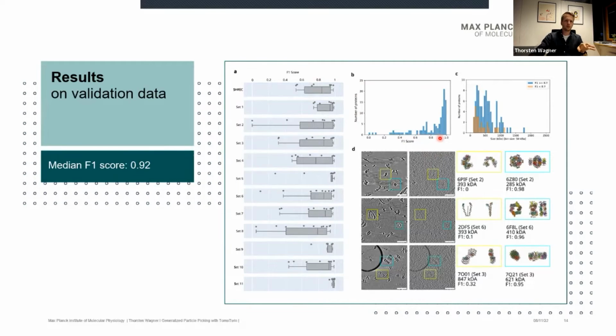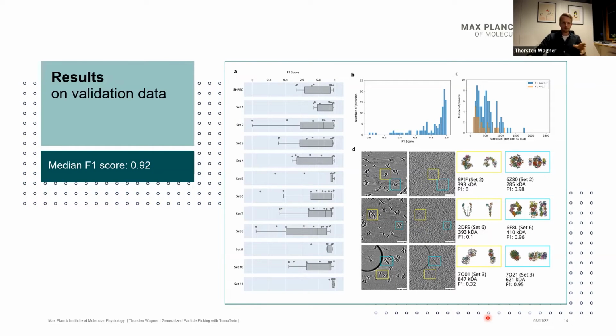And then we look a little bit closer at those outliers, and it seems not to be dependent on size, it's rather dependent on contrast. So here, for example, we have proteins of similar size. One is not really well picked, and one is pretty well picked. And the difference is that this one you can identify, and this you hardly see in the tomogram. There's basically no contrast. And the same applies for other proteins. So this is still something we look into. It might be interesting to see what happens if we use denoised tomograms and so on, but this simply needs further investigation.